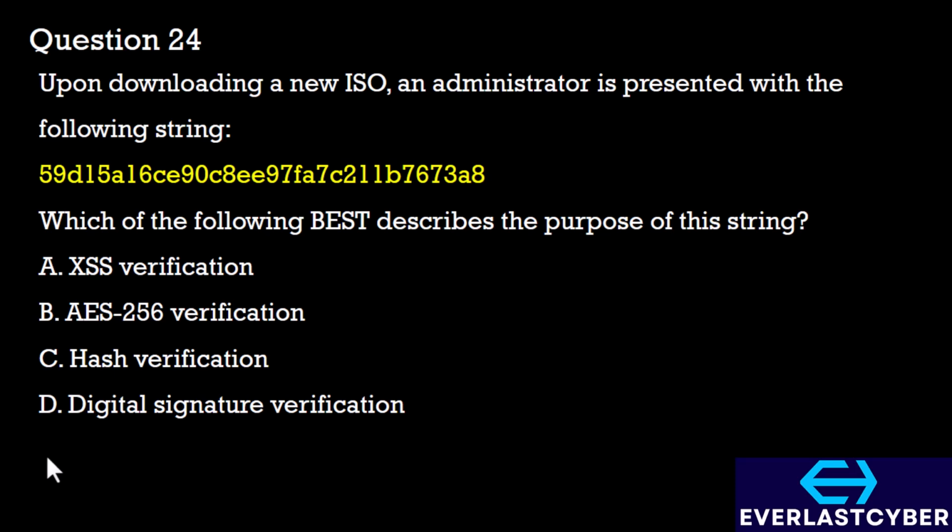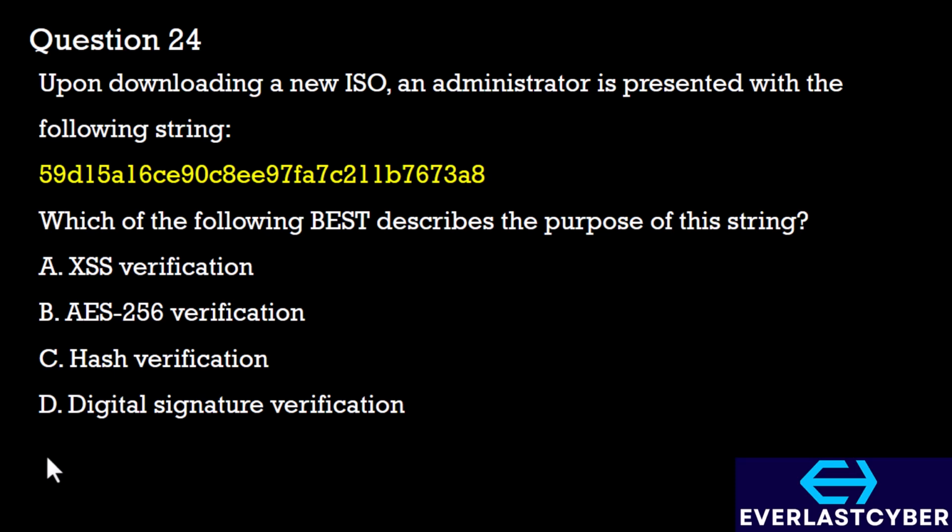In this context, this string represents a hash value, but let's go through the other options we have here. XSS verification, or cross-site scripting verification, is related to web application security, and this involves checking for vulnerabilities that are related to injecting malicious scripts, but it does not verify file integrity through hash values. Option B, AES 256, is a symmetric encryption algorithm that is used for securing data, but it does